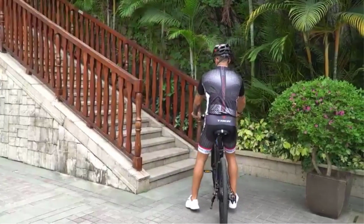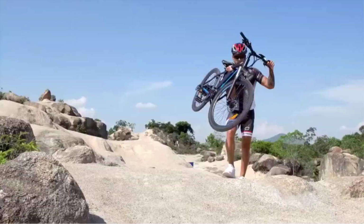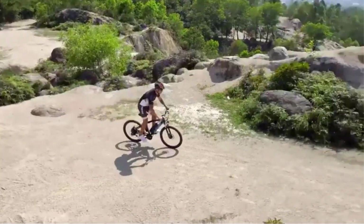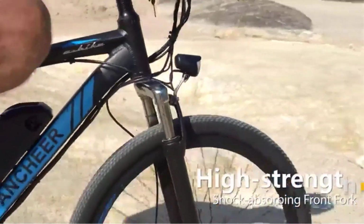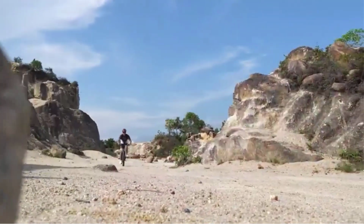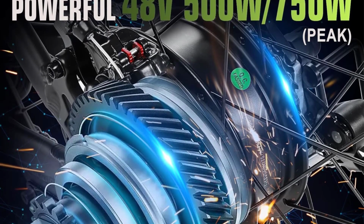It has 27.5-inch wheels with semi-knob tires. To learn more about what to expect from a $600 mountain bike, go here. The bike has cable-operated disc brakes. This should provide good stopping power. Many users thought the bike could use a bit stronger brakes for stopping from top speed on the 500-watt version